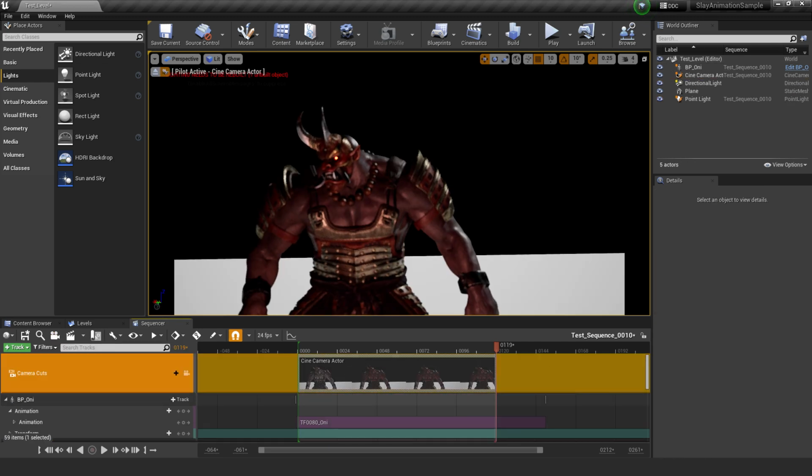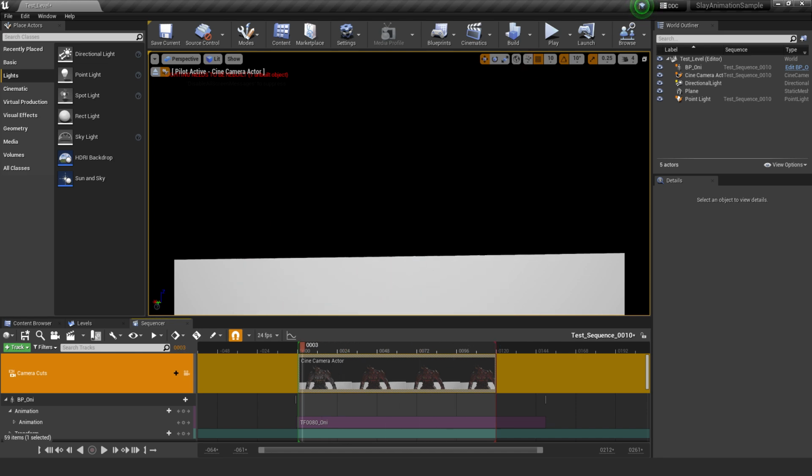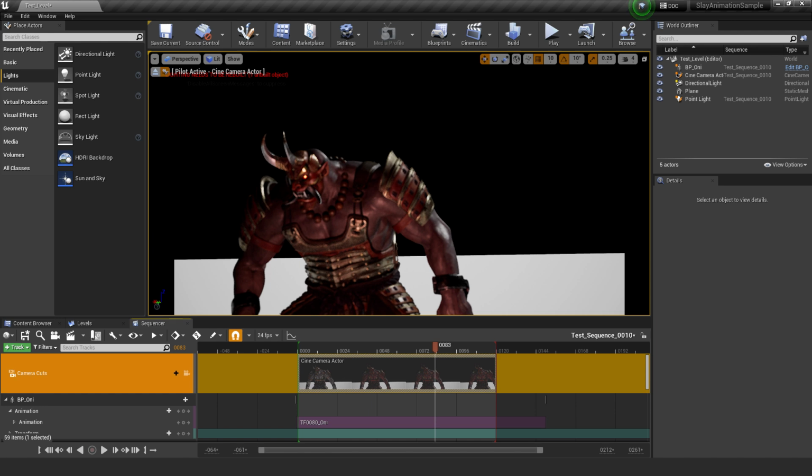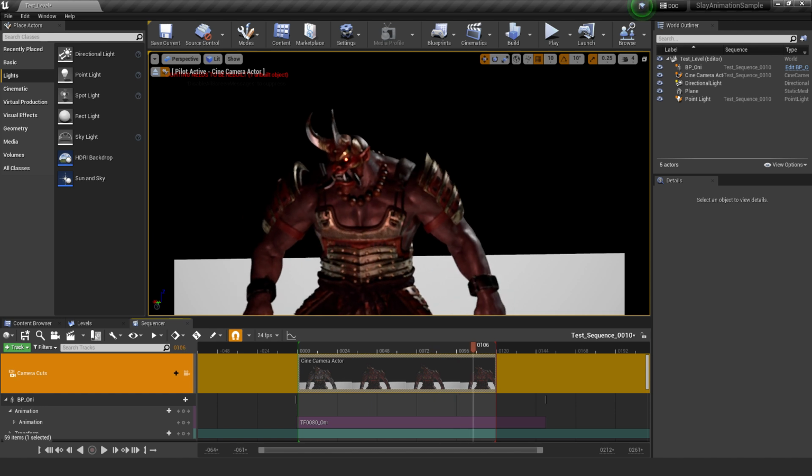So this here that I just selected, that's inside of our sequencer, that is our camera cut. And that is also referencing the current camera that gets spawned in, that then sees for the duration of these frames. So for however long this whole shot is going to be, this camera cut is going to start from our start all the way to our end.